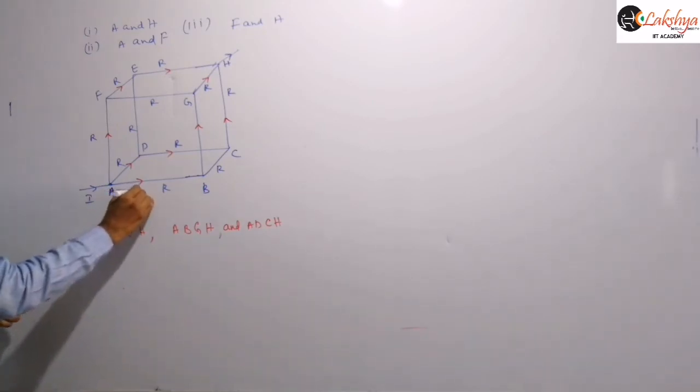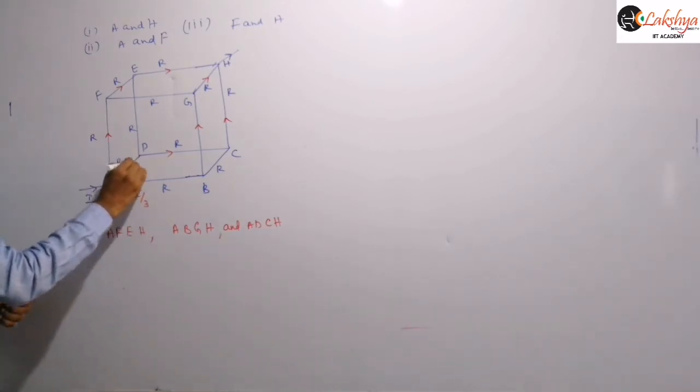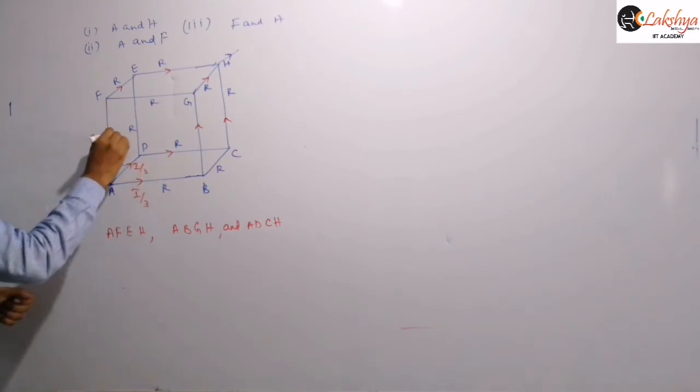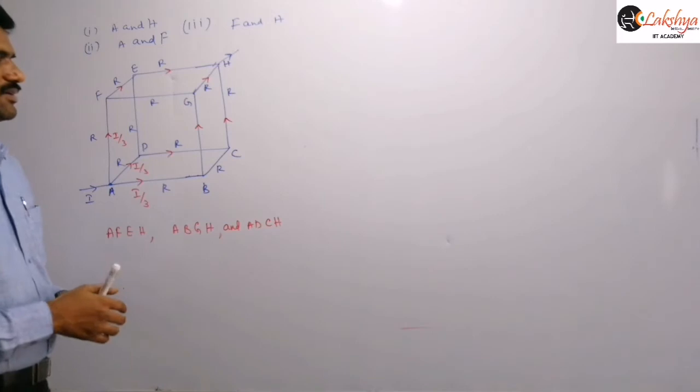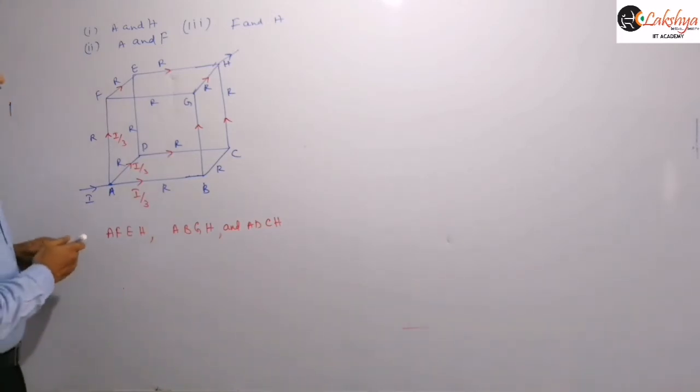So that means I am taking this current as I by 3, and this is also I by 3, and this current is also I by 3, right? In the beginning of the circuit only we can say, in the beginning of those paths, current will divide equally. So I by 3, I by 3 and I by 3, right? And so next let us come to this path here.